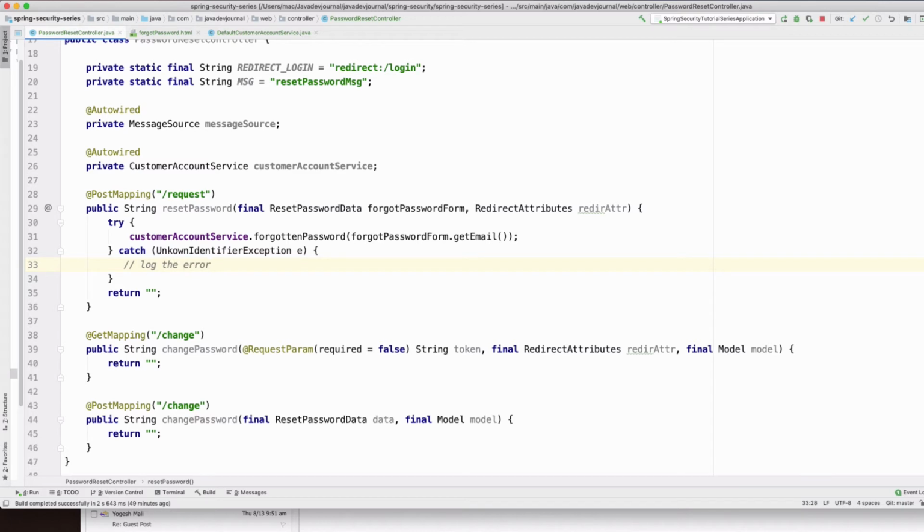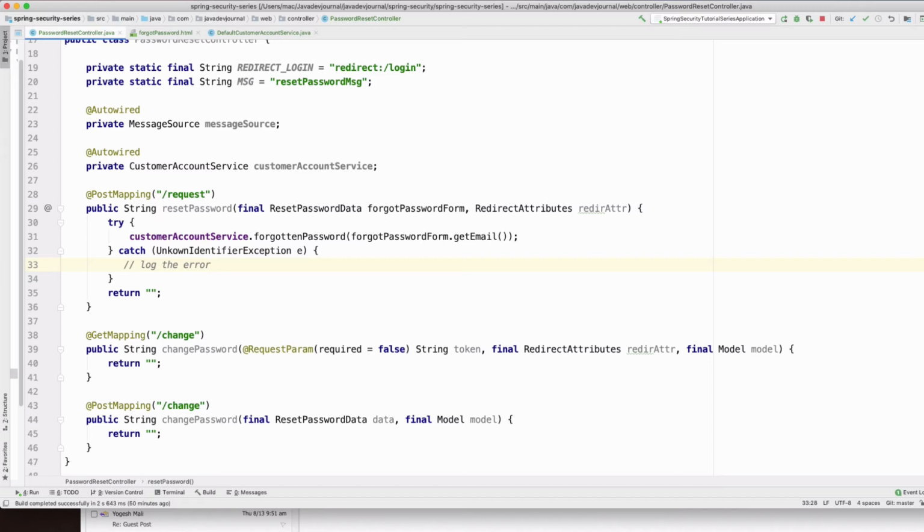Okay, now the reason why I want to do that is because there are two possibilities, right? Either you are a genuine customer having a valid email, or you are kind of playing around with the system, right? You are playing around with different email IDs, or maybe the email ID of someone else, and you're trying to see whether that account exists in the system or not. And as a best practice, you should never tell the end user that we have found your account and we have sent you an email, or we didn't find your account and we are not able to send the email,